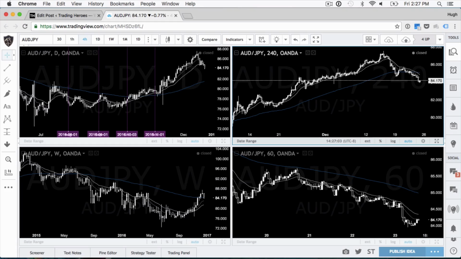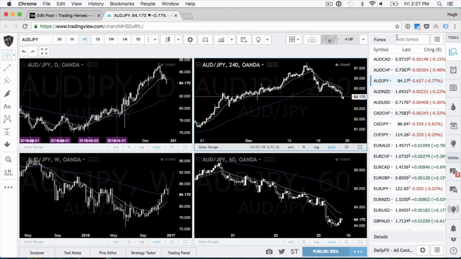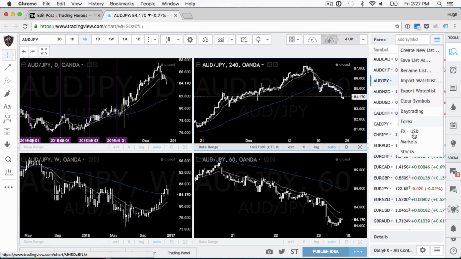With MetaTrader, it's very broker based, right? So if the broker provides quotes for the S&P 500 or for oil or gold or whatever, then you can get that inside of MetaTrader. But if not, then you're kind of screwed. But with TradingView, you can also set up a list for this, as I have here. So I set up markets,